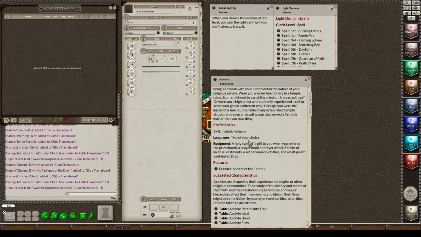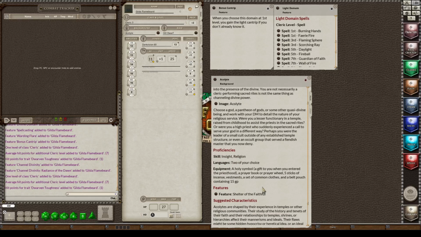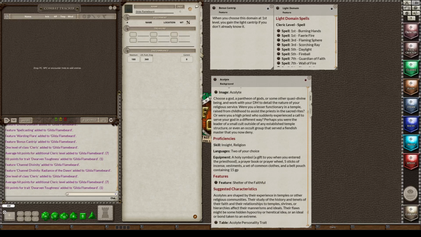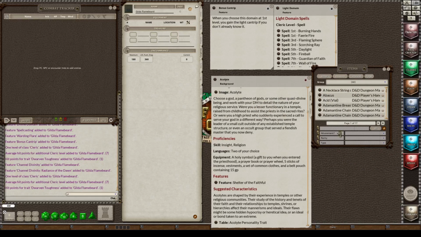And it says that I get, oh, right here, equipment. Holy symbols. Let's get on the inventory tab. And having made many characters, I know that there's no such thing as something called a holy symbol in the player's handbook.